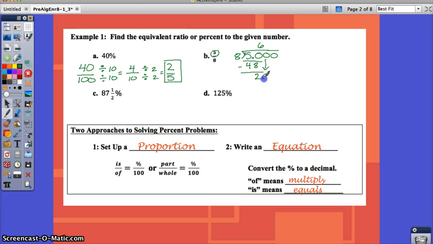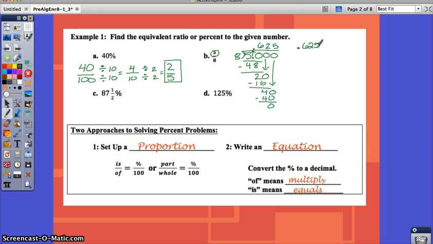Pull that 0 down. 8 goes into 20 twice. 2 times 8 is 16. Do the subtraction. You get 4. Pull this 0 down. And 8 goes into 40 5 times. That's going to give me 40. So we get a remainder of 0. Then my answer, remember that decimal slides right up from where it is. My answer right now is